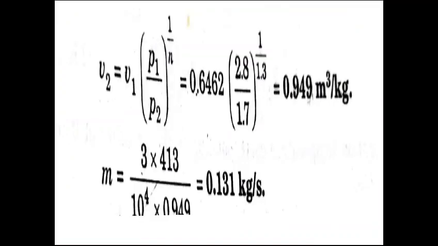So we know the condition PV raised to 1.3 equals constant. First of all, we find the velocity at exit. The formula is the square root of 2n divided by n minus 1 times P1 v1 times [1 minus (P2 by P1) raised to (n minus 1) by n], where we know the pressure and specific volume at the initial state, the final pressure, and the n value. Substituting all the values in the equation, we can find the V2 value equal to 413 meter per second. Then specific